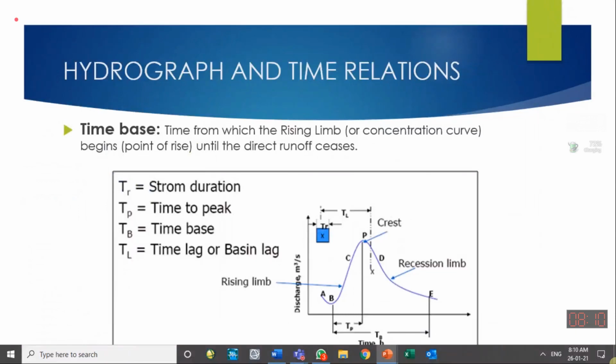Some of the important definitions which you have gone through in the theory and in the lab part also. Just a revision. Storm duration I have talked about. In this figure, a hydrograph is shown, and at the top the rain duration and the rain quantity have been shown. So this blue rectangle is showing that the rain has occurred for a duration of TR, and here TR is designated as storm duration.